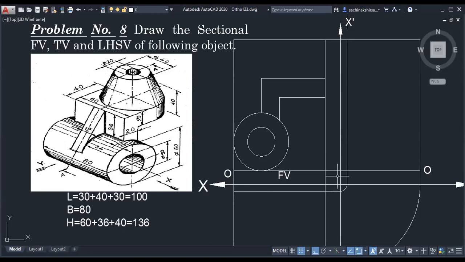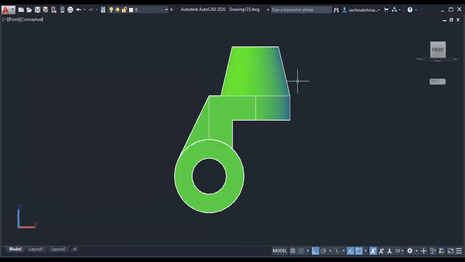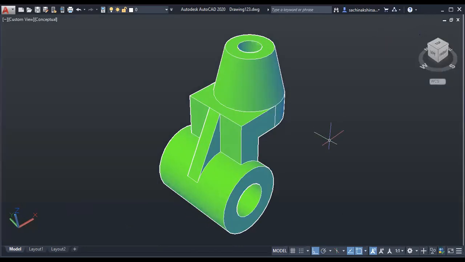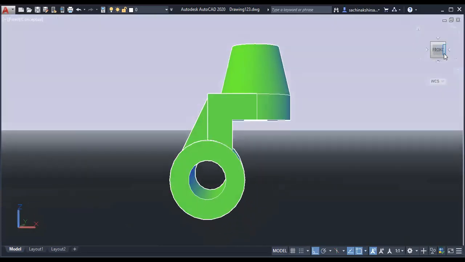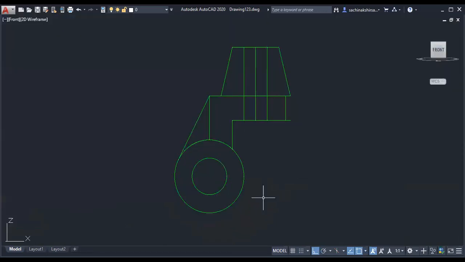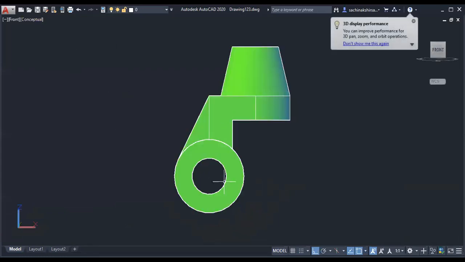No, sir. Now this triangular rib we have to draw. We are observing the object. Those who have joined late, I will tell. This is our object, and from the right hand side we are observing the object in this way, and we are drawing its front view. That's all. Right now we are drawing its front view. It will come something like this. That only we are drawing.